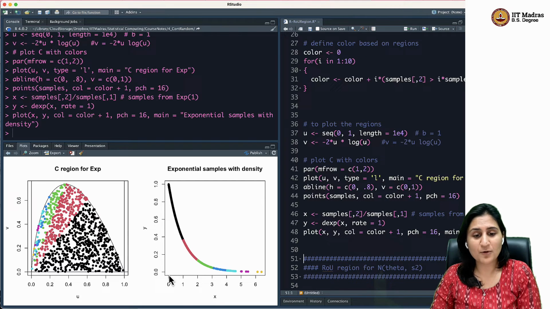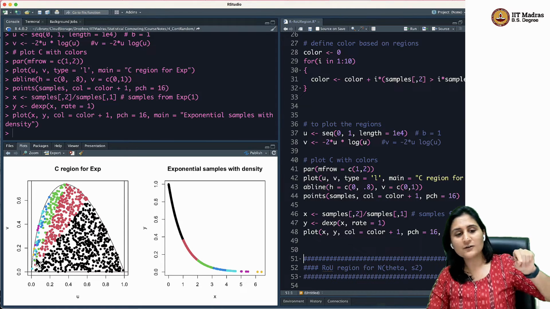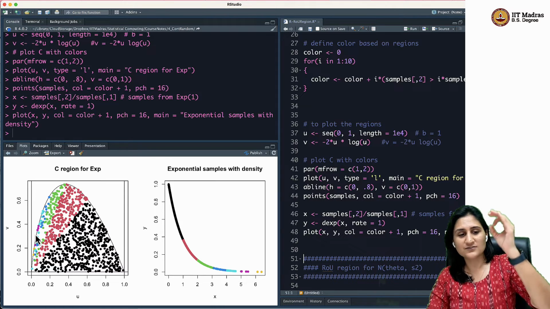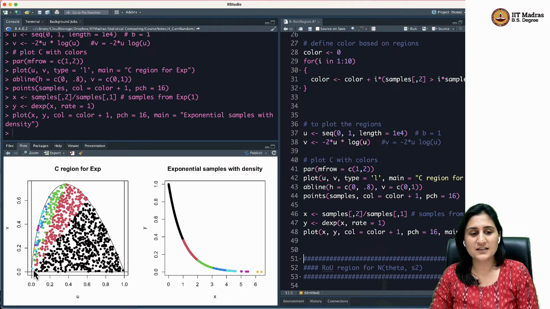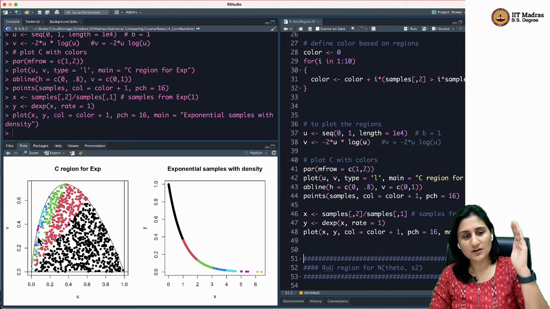Which means that any point that lies over here in the exponential will correspond to this point in C. Now, notice the outlier points, these two yellow or pink points, lie very close to the corner of the C region, very close to zero. And the farther we move away from this region,